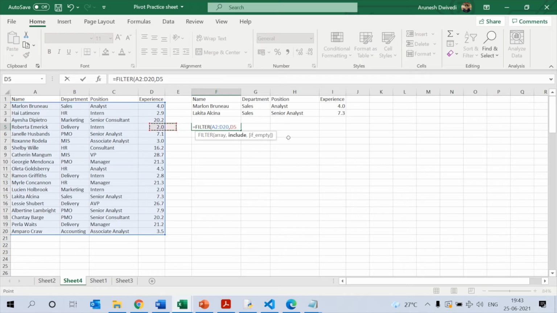Then the second is the department equal to sales, and to apply an OR condition, either this or that, in that case use a plus sign. The plus sign will represent OR here. Once again on the same column, and this time it will be equal to, let's say, marketing.